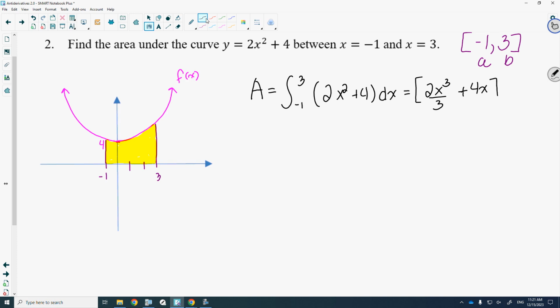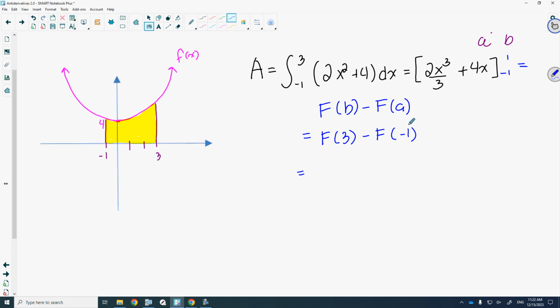Now remember, when we are dealing with a definite integral, so a definite integral is when I give you the lower and upper bounds of integration, we do not need to put plus the constant of integration because it will cancel according to the fundamental theorem of calculus. So we're going to be integrating from -1 to 3. Now, according to the fundamental theorem of calculus, this is equal to f of b minus f of a, and that is going to be equal to f of 3 minus f of -1, and that is equal to, so f of 3,